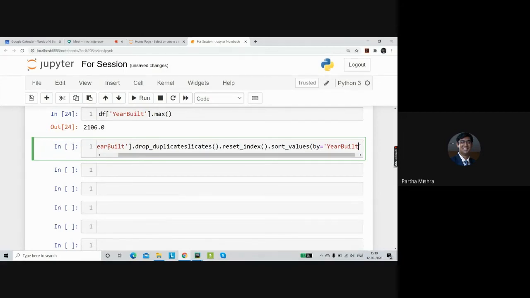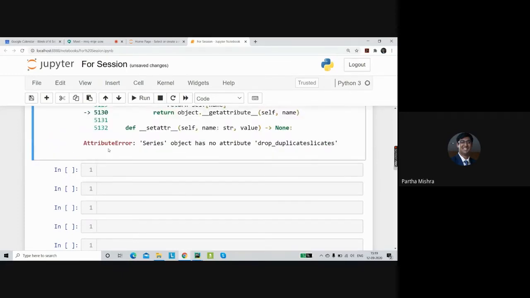And since we want to know what is the maximum value, here we'll be mentioning ascending is equal to false. Okay. So we will be getting the entire data in descending order from maximum till the minimum value. And we are not interested in all of the values. Let's just look at the top 5. Okay, so I'll simply mention dot head and let's run this.